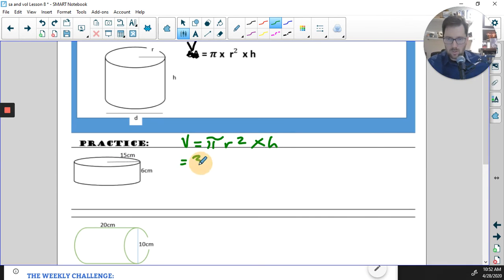We know pi is 3.14. Here we've got our radius, middle to the outside, is 15 times 15 times 15. You could also write that 15 squared, but for the sake of how we're doing it, we're going to go like that, times height of 6. Then we're going to type that all into our calculation devices. 3.14 times 15 times 15 times 6 equals